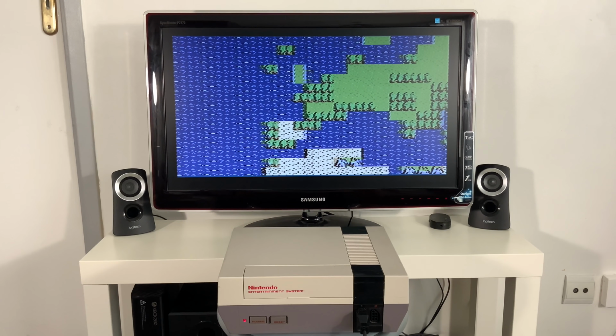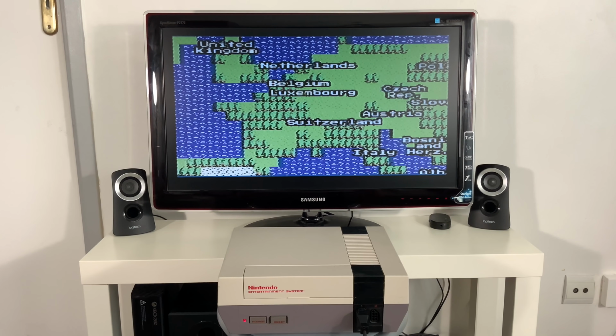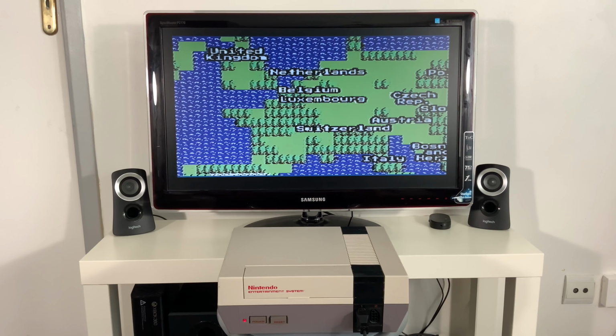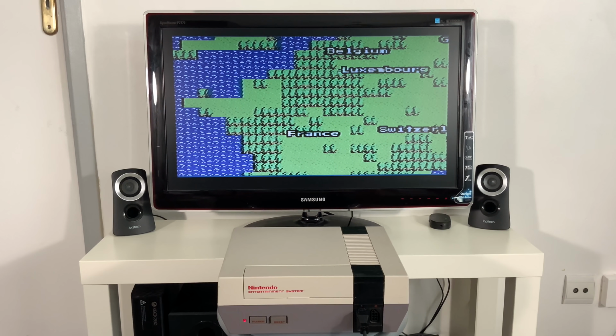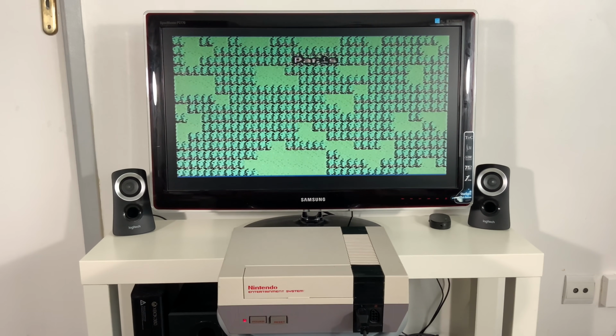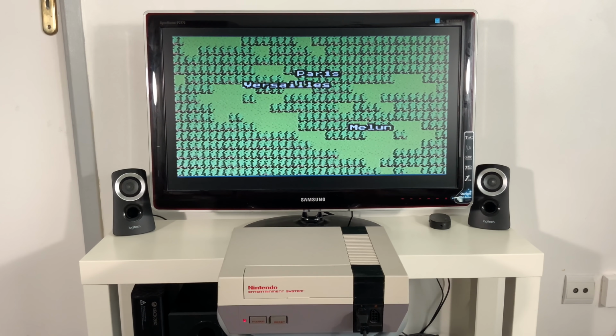Now I have country labels showing up. And we see that, for example, Versailles is located near Paris.